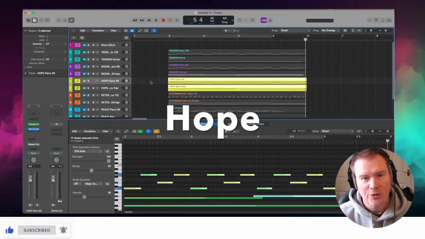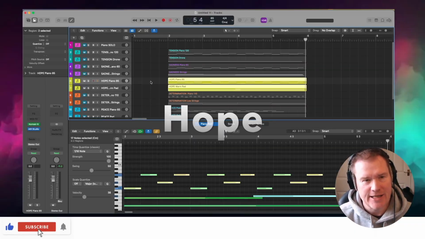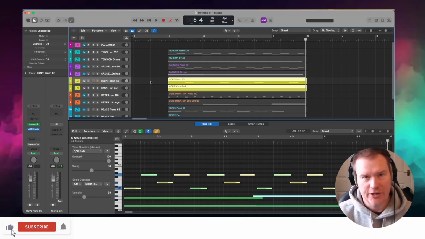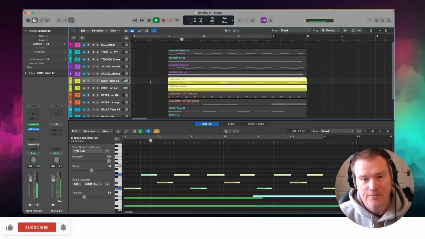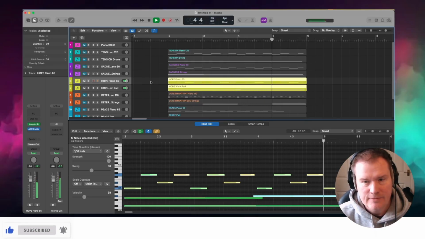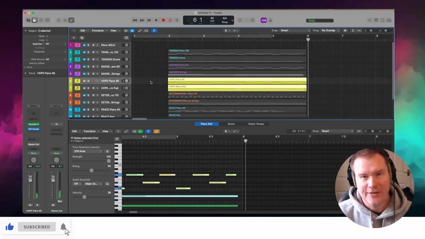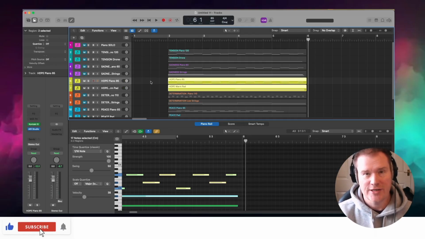Okay, for hope, we're going to bring the tempo up a little bit to 85 BPM. I've got a warm pad underneath this time, and we're thinking in terms of the Dorian mode. So we're going to change from C minor to C Dorian. We're going to add in an A flat, and that's going to give us hope. So you can hear there the ostinato is staying the same, and it's the underlying chord that's giving us that